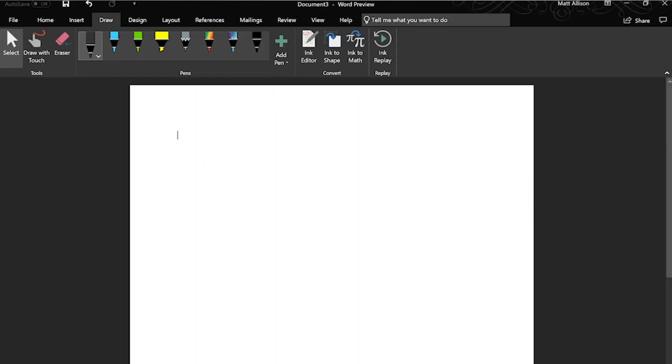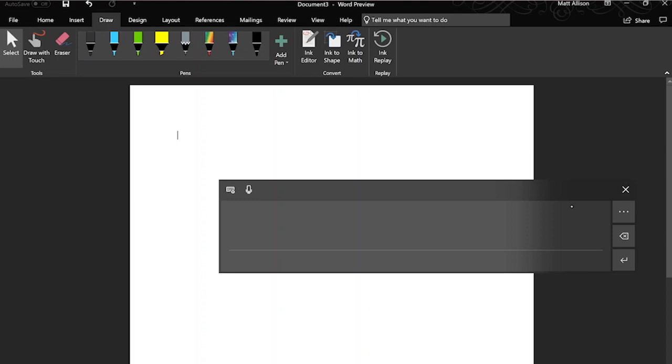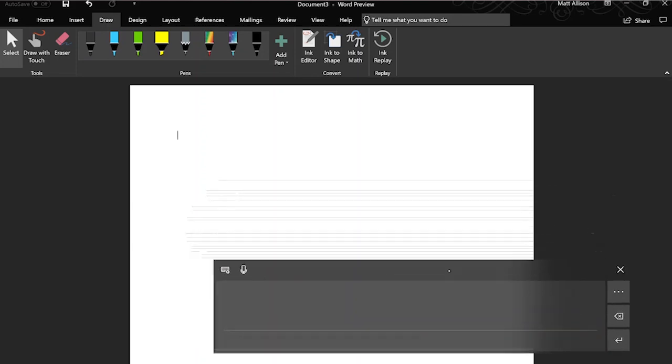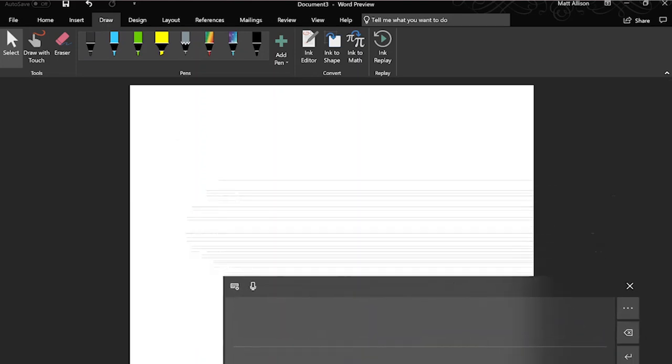As you can see, as I bring the stylus closer, I can move the arrow out here, which gives me a cursor icon. If I tap there, it gives me this. This is my handwriting recognition window. So I can just start writing "Hello World"